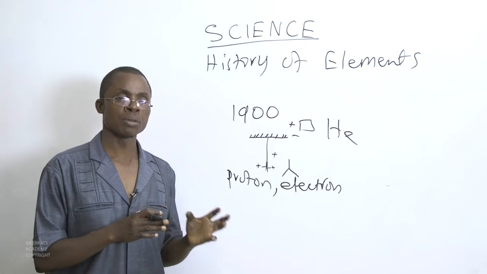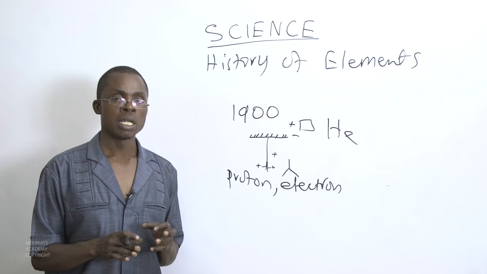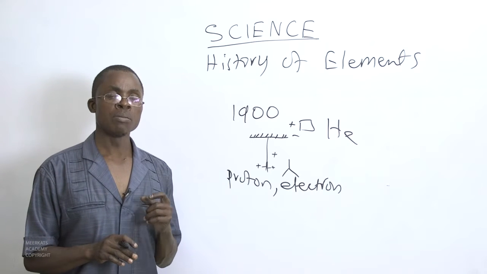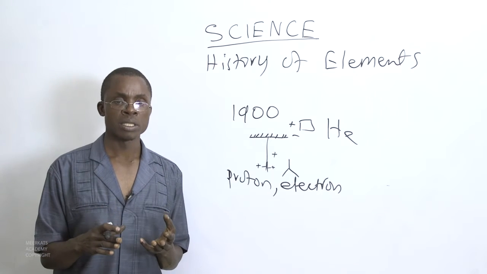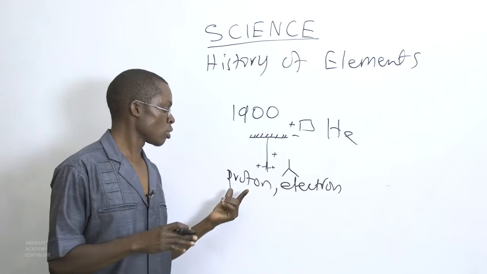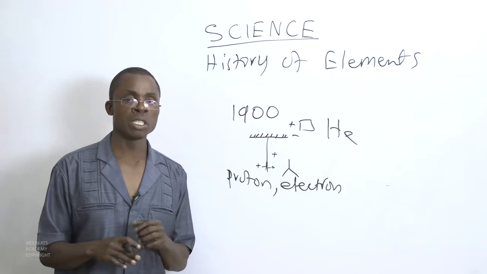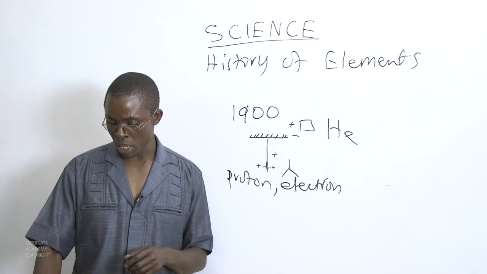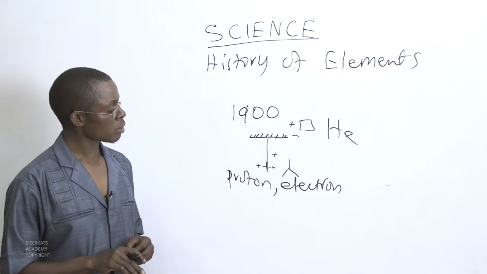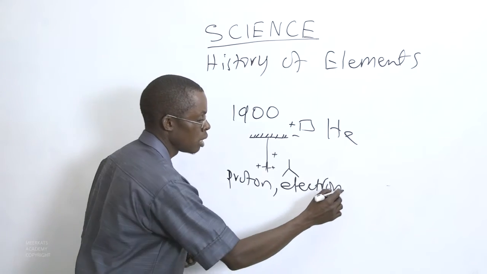Mass was higher than the positivity in the particles. So it meant there was something else contributing to mass, but not contributing to the positivity of these atoms. And on doing the experiment, James Chadwick came out with a neutron